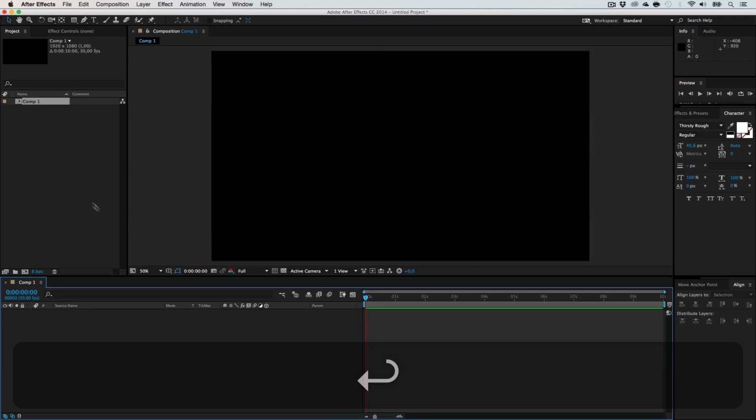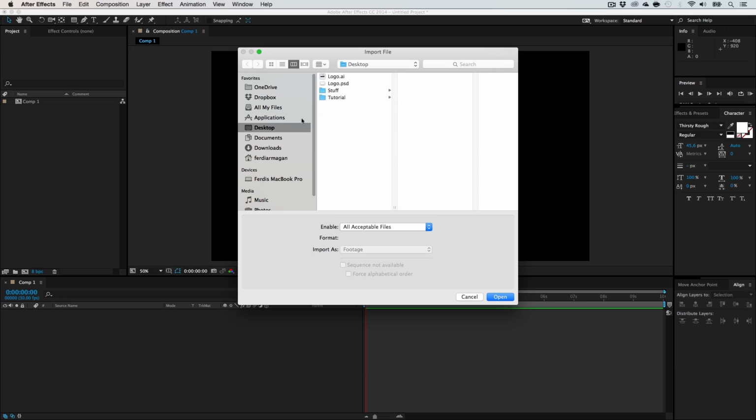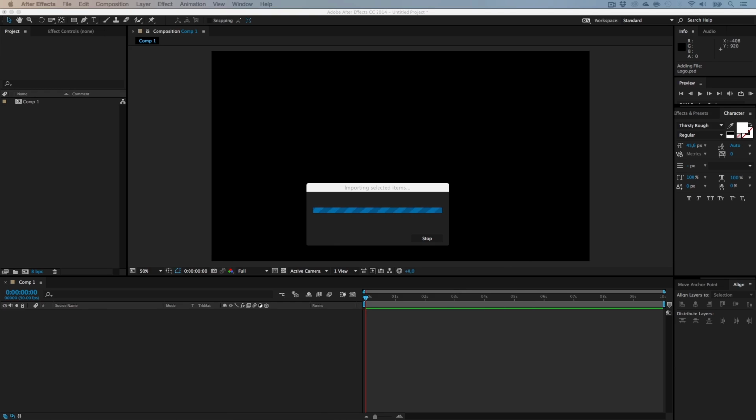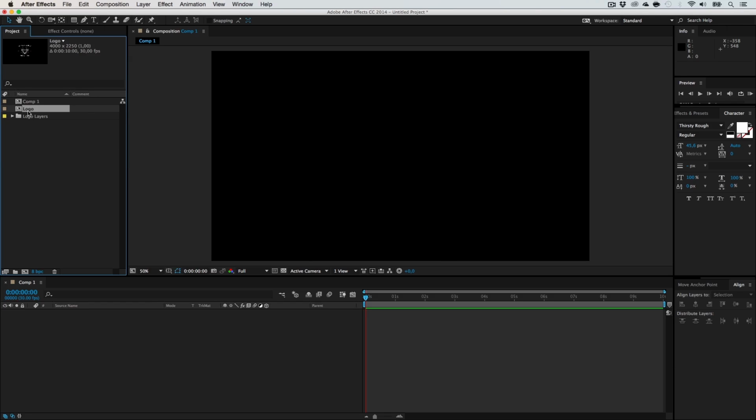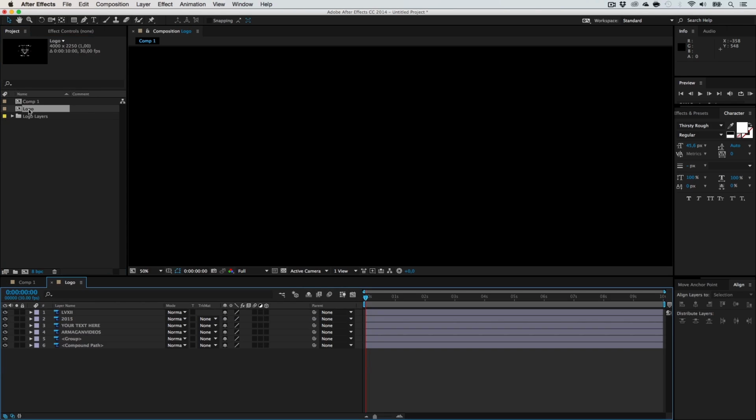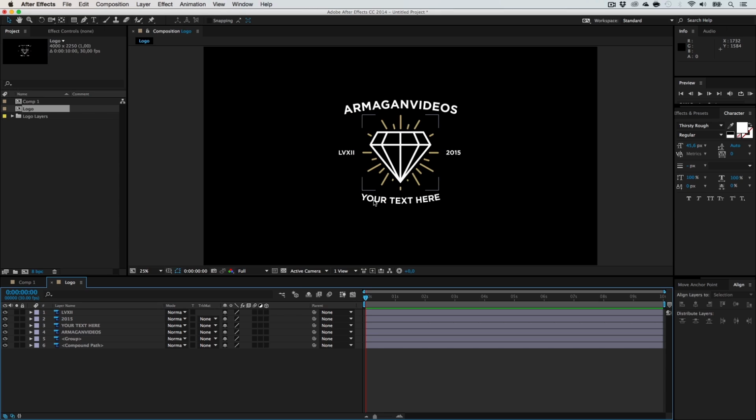And hit OK. Now double click in here and click on logo.psd. Make sure to bring it in as a composition, retain layer sizes. Hit open. This window will pop up. Make sure to have the layers imported as editable layer styles, as well as composition, retain layer sizes. So if you now click in here, you can see we've got our logo in here,